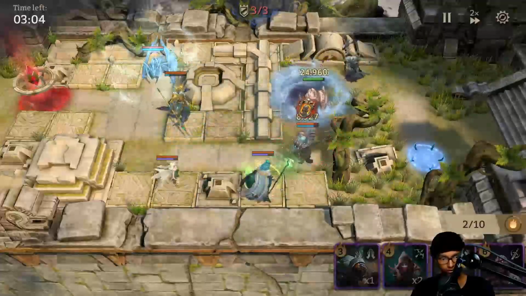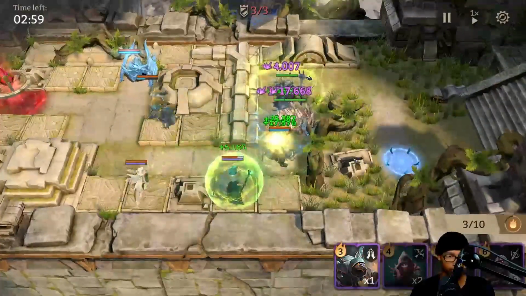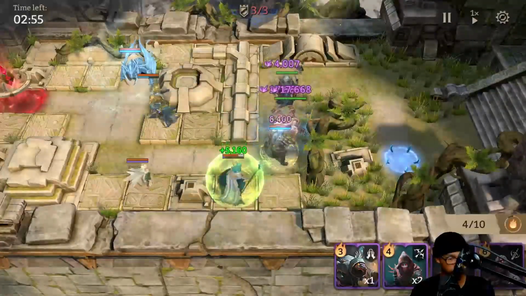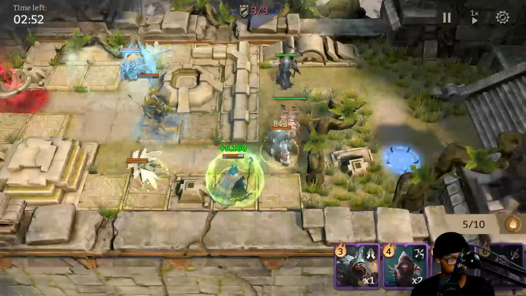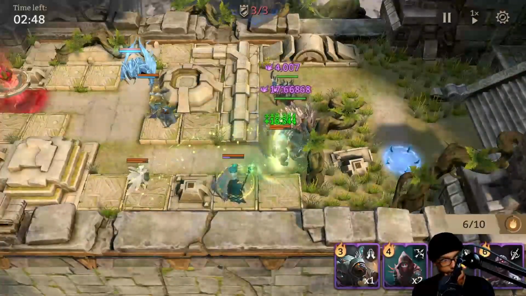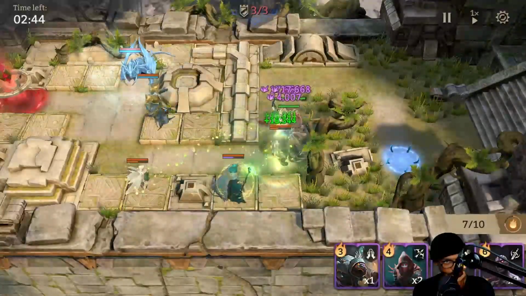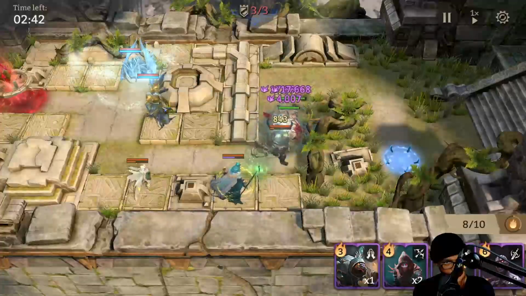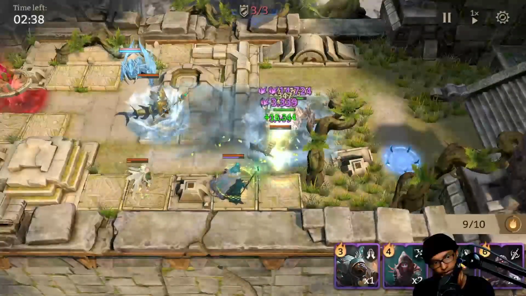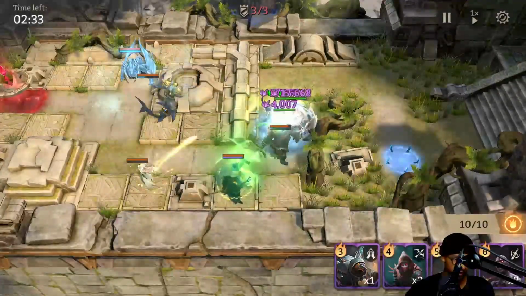Alright, so they go ahead, they hit Ezreal, which is fine. We anticipated this. Do they go ahead and hit Pelagios? What's the condition? Does his displacement? No. Interesting. I feel like...